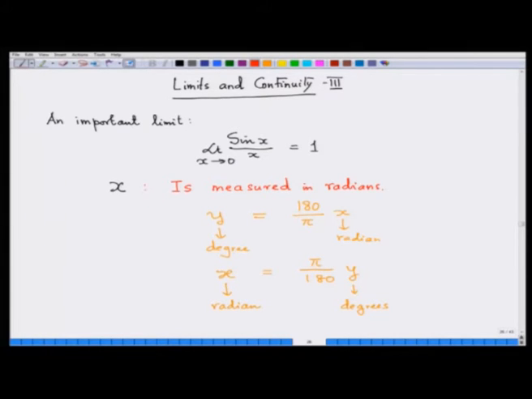It is the second week now, and we are going to end our discussion on limit and continuity. Today we are going to talk about a very important limit. Limit sin x by x as x tends to 0 is 1. There is another important limit which we are not going to talk much about, but we will show that it can be used to compute the derivative of logarithm of x when we do it from the first principle, and that limit is